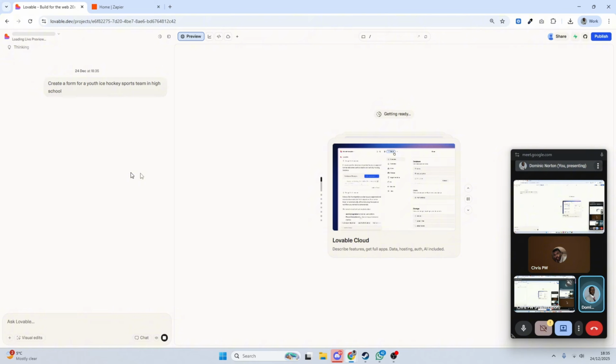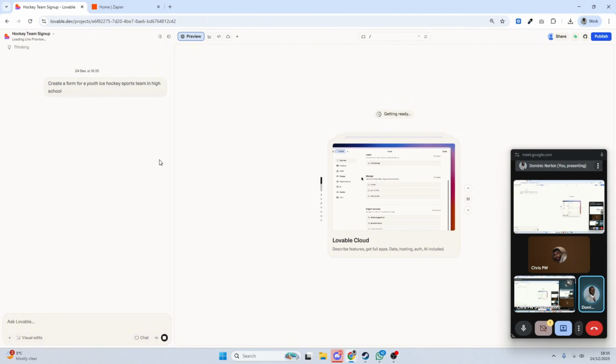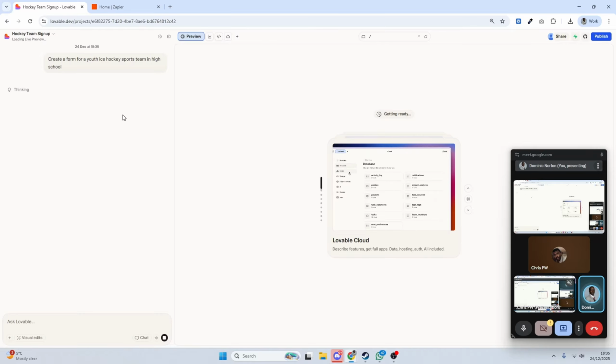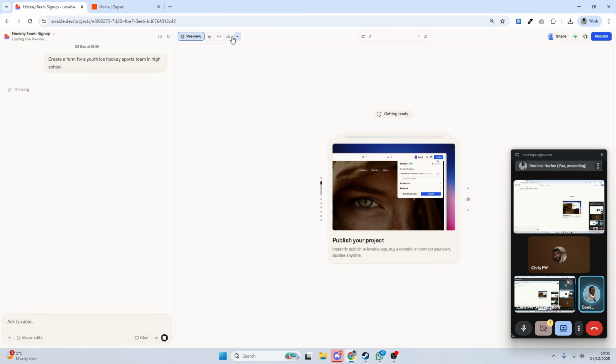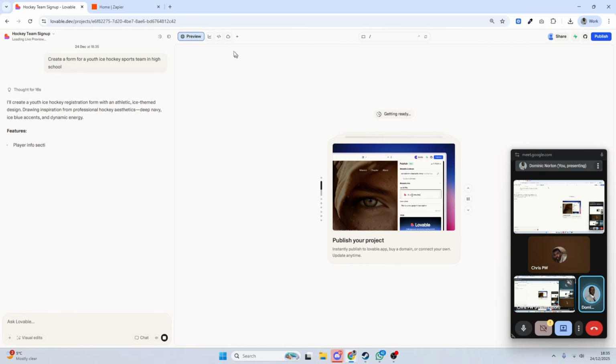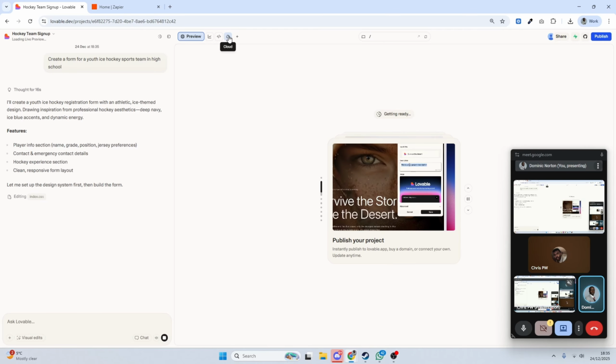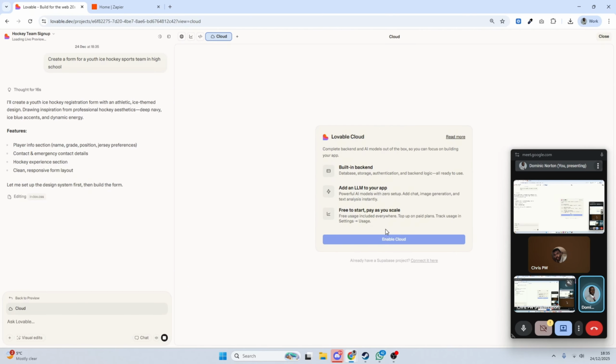And right now it's very simple. It's just going to create the form for us. It doesn't even know what to do with the form right now. It's probably going to save it in the cloud, in Lovable Cloud, which is Lovable's native database. So if we click on that and see, I don't even have cloud enabled for this project, but we can enable it, and it allows you to store the data in Lovable itself. So we go back,